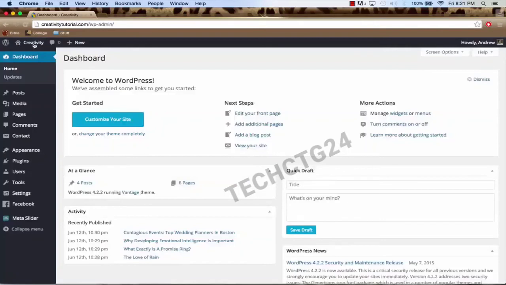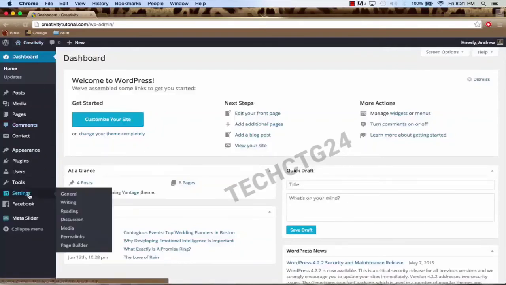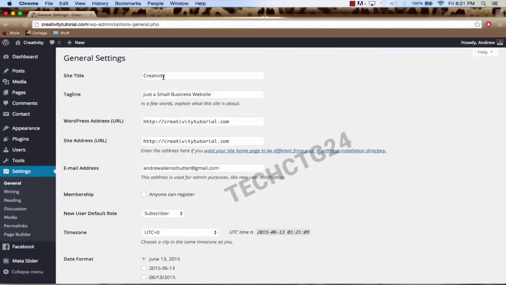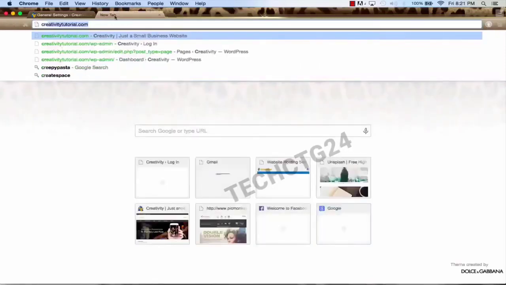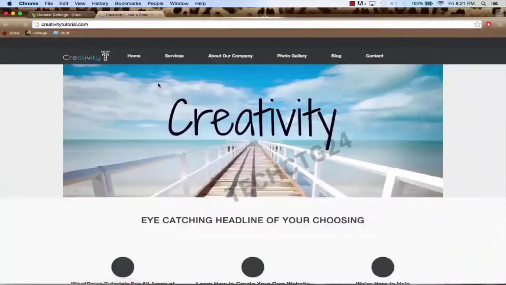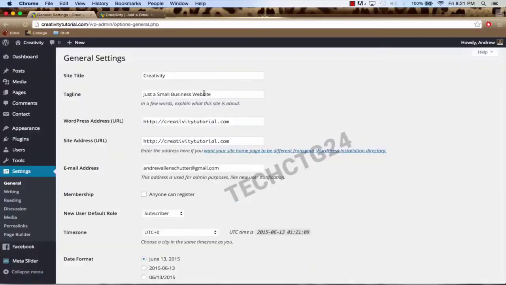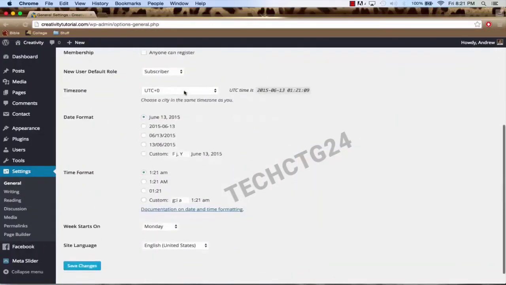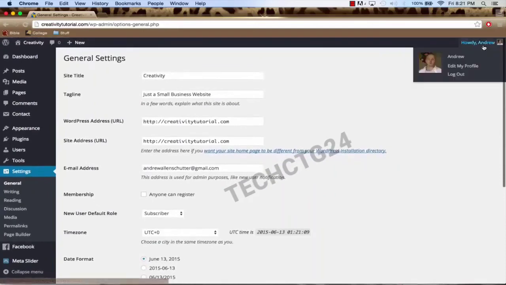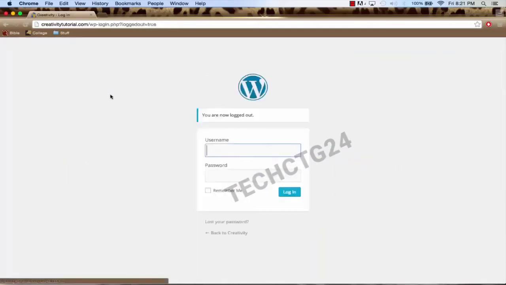If we go back to our WordPress dashboard and we go to Settings and then General, and we go look at the site title and tagline, if we open up a new tab and go to our website, up here it says Creativity, Just a Small Business Website. This is how you are going to change the name of your website. After you've done that, you can click Save Changes and then log out. You can go visit your website